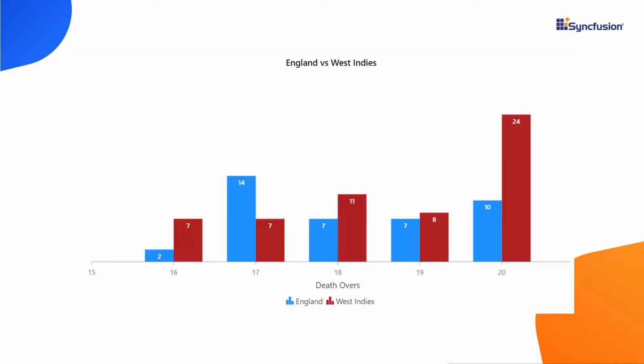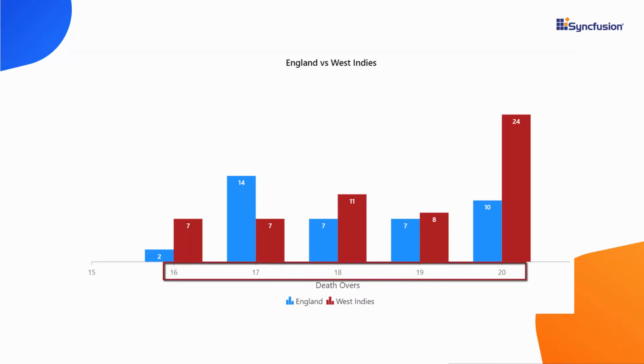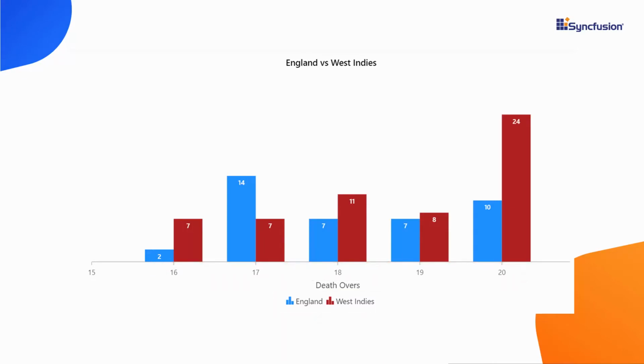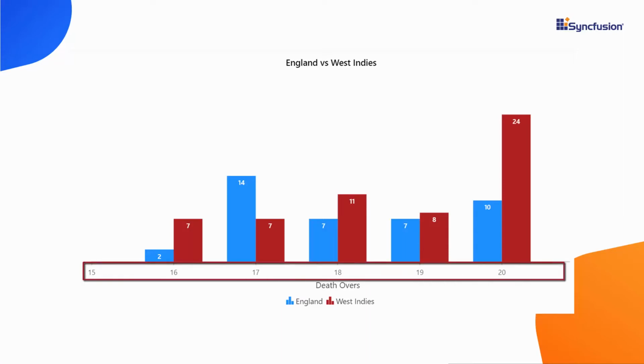In this video, we will learn about customizing the numeric axis in a Blazor chart. Look at this column series chart. We are comparing the England and the West Indies runs between overs 16 and 20. So, we use a numeric axis for the x-axis and y-axis of the chart to display the over-by-over score comparison of England and West Indies, as bowling overs and runs are numeric values.